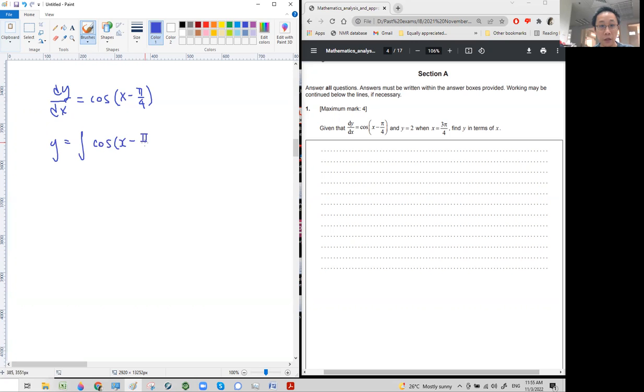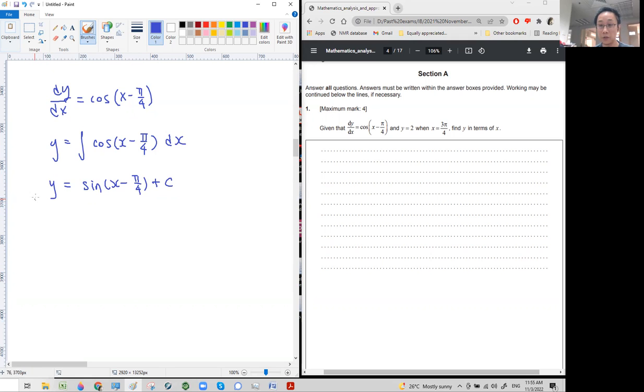I use the term linear composite because the content inside the cosine is a linear function of x. So when you integrate cosine, you get positive sine. And in general, you need to multiply by 1 over the coefficient of the x term. But here the coefficient is just 1, so there's actually no need to do anything other than just to rewrite the cosine as sine. You do need to include the constant of integration for sure,